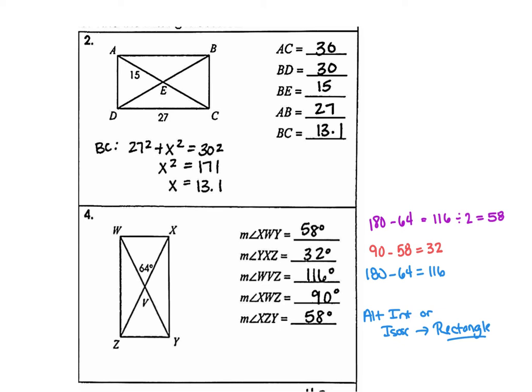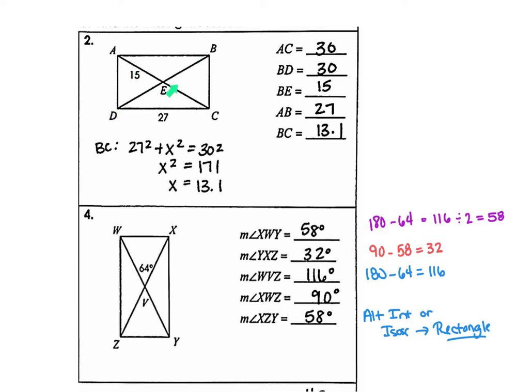For this first one, they wanted from A to C. They gave you half of it. You just double it. The two diagonals are congruent, so that's 30. If this is also 30, half of it is 15. If they gave you DC, you know AB is congruent. And then for BC, you actually can use